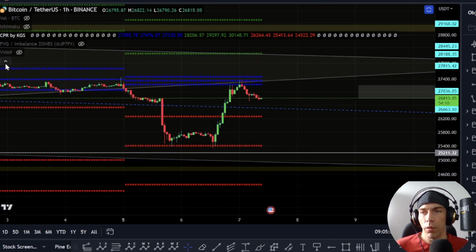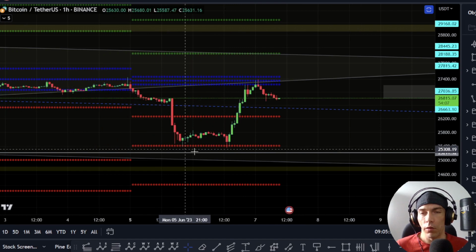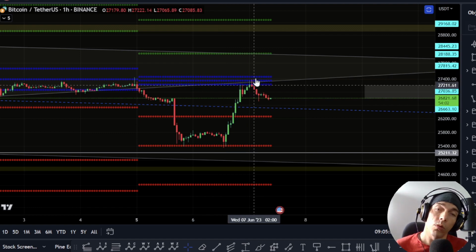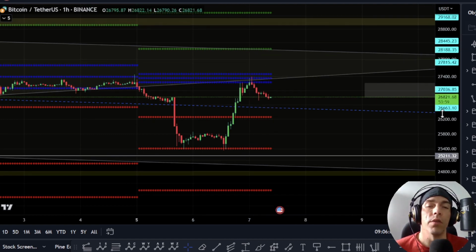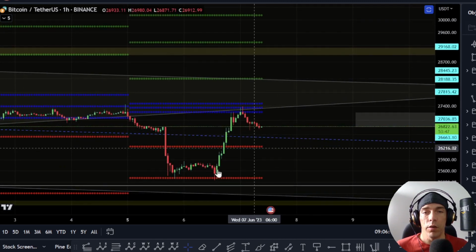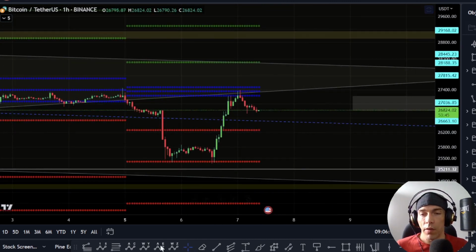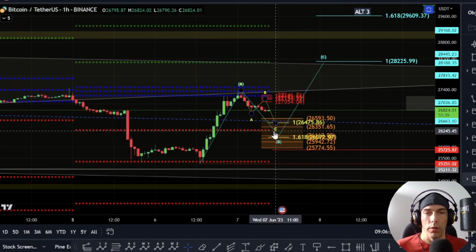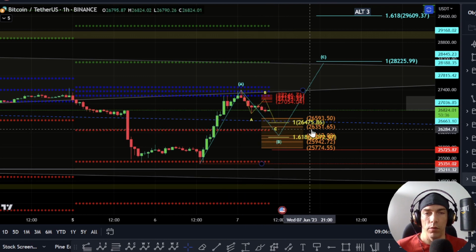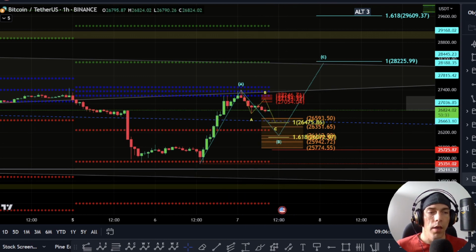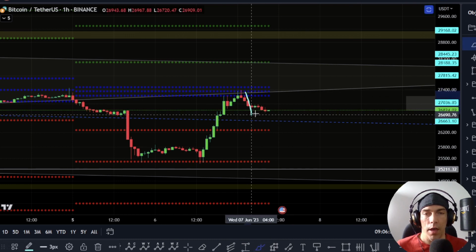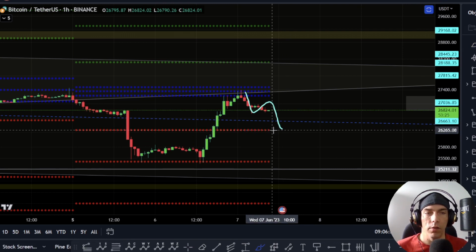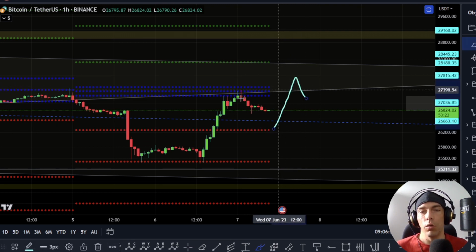Okay, so yesterday we were talking about these CPR lines and we were saying that we had already met that target of that R2. So we were on the lookout for potential to move back up to either this R1 or to these central lines. Now, the fact that we've moved up into this area could mean that we actually see continuation up. So what I'm looking out for here, same sort of idea, and this would tie into this idea of this ABC of looking to find support around this 50% area, which would be sitting towards this zone of this 26,351, is that if we see price action come back down here, A, B, and C, and we find support on this R1 line here, which is sitting at this 26,265,